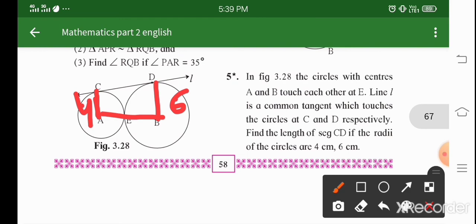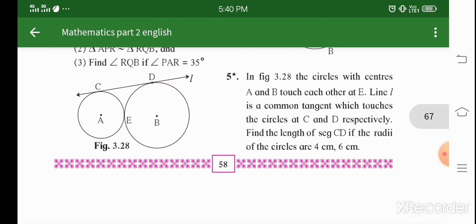So we are just doing a construction. Just draw AF from here, and it will be perpendicular to this BD. Just take a point here on BD and give it the name F. So now this is perpendicular. Now can you see this? This is 90 degrees by the tangent theorem, and this is 90 degrees by our construction, right? So the remaining angle will also be 90 degrees. Hence quadrilateral AFDC is a rectangle.